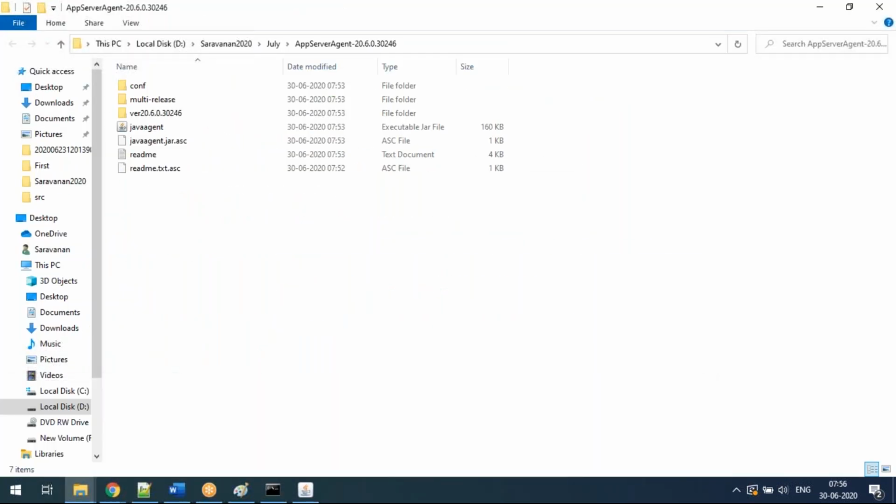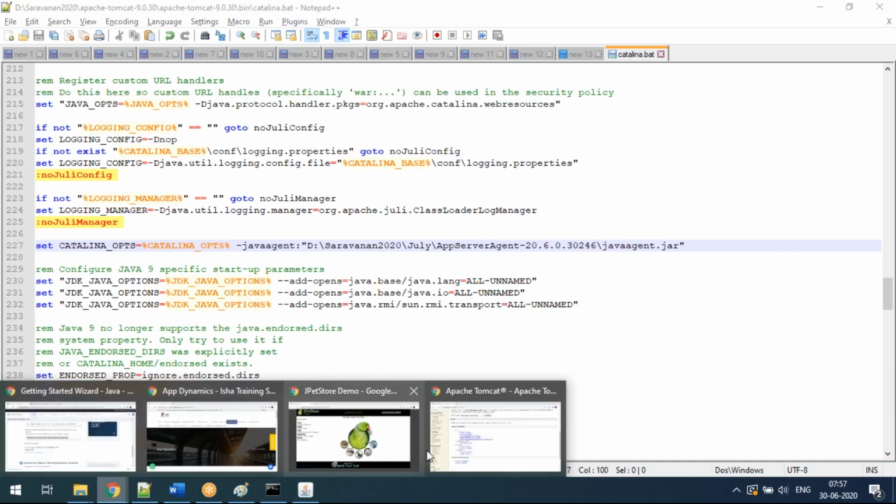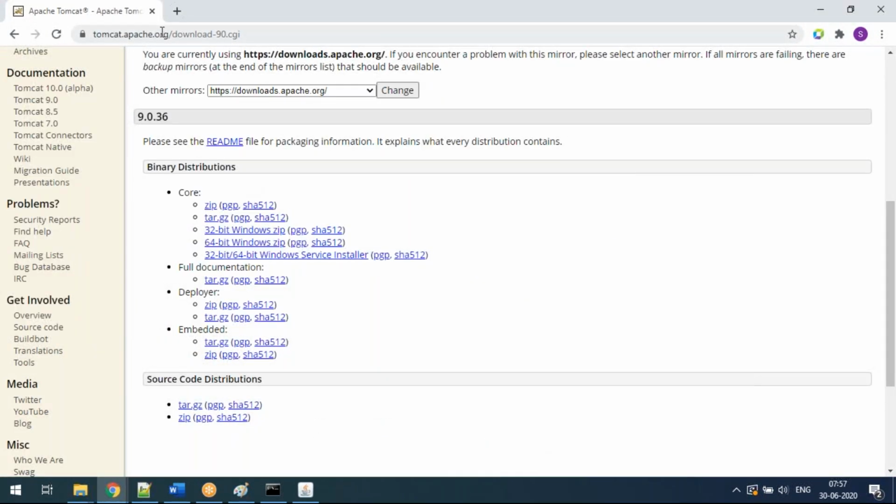Is this line there by default, or do we need to add this line? No, you have to add it. You have to add the set CATALINA_OPTS command. But how do we decide to add it on row 227? Why is it not above? I'll complete that. First of all, I told you the instruction screen, right?